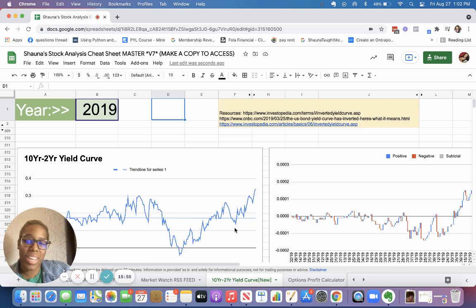The 10 to 2 year yield curve. So let me do Treasury. I'm going to change this to Treasury yield curve. So basically,